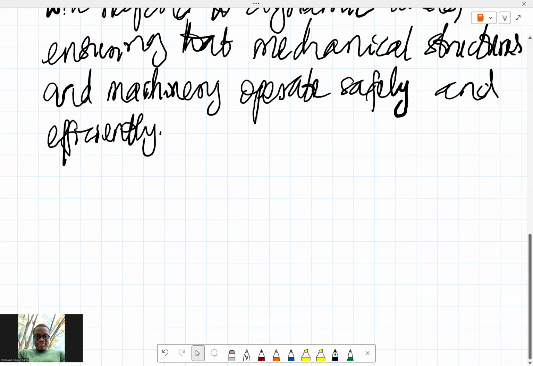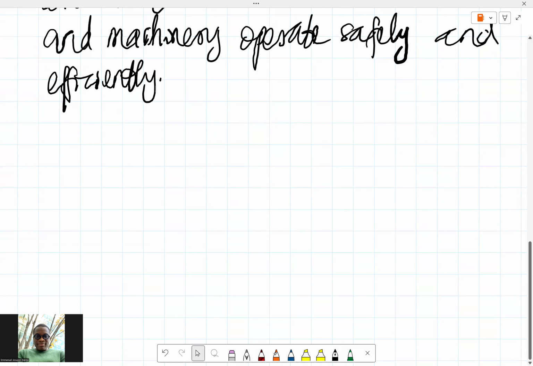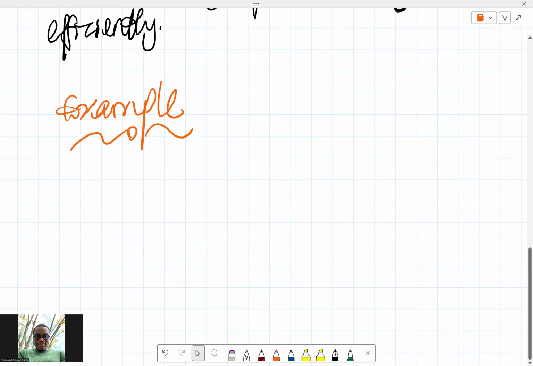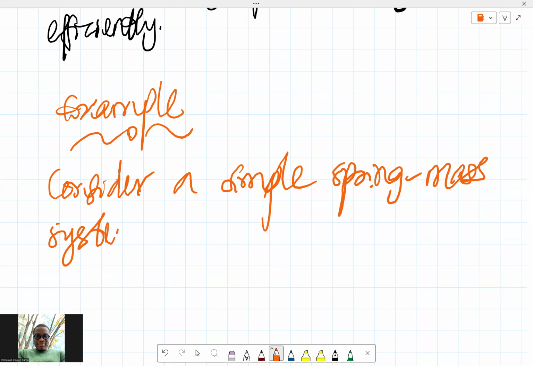Of course, the objective of this is to learn how to apply eigenvalue analysis to determine the natural frequencies and mode shapes of a mechanical system. So let's look at an example of a spring mass system. So consider a simple spring mass system governed by the equation